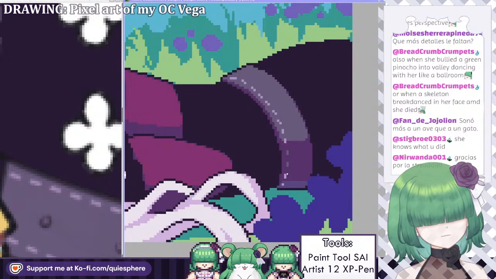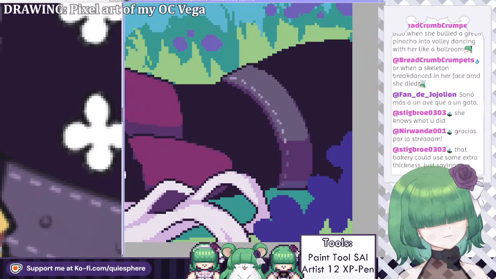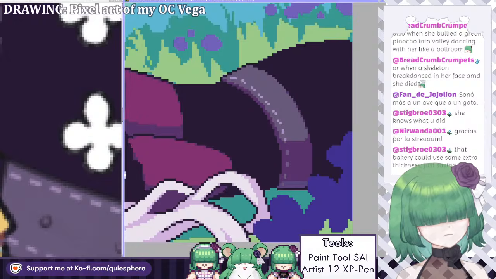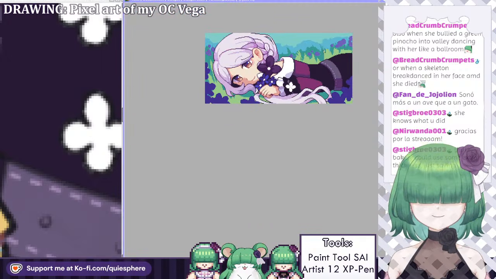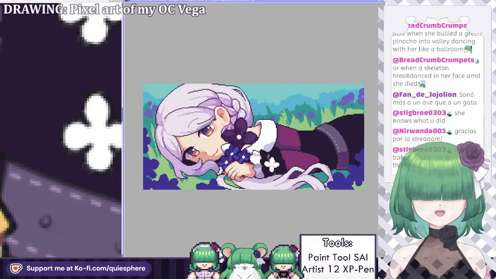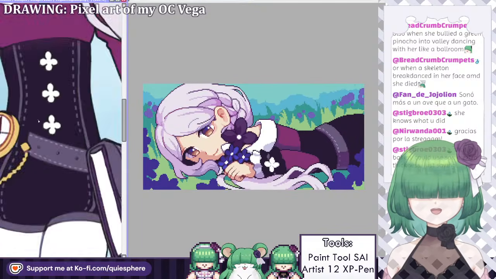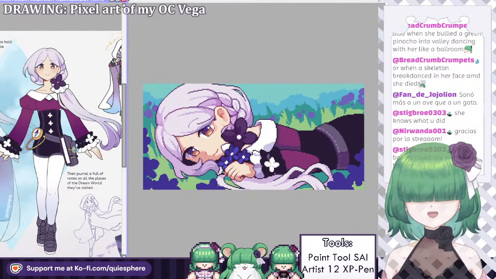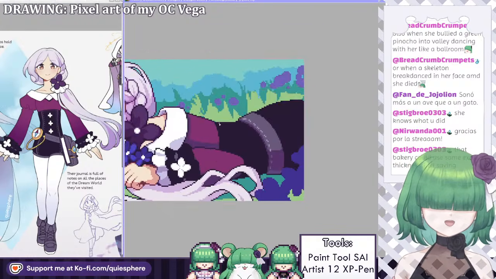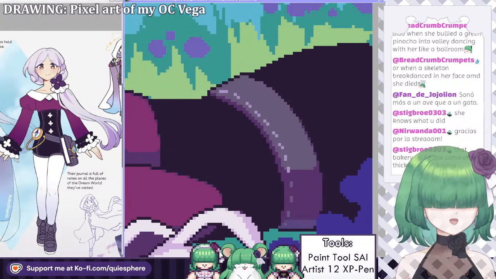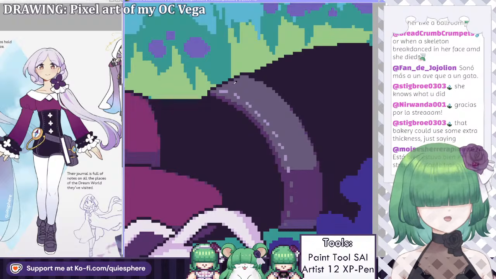Estas podemos hacerlas así. The bakery could use some extra thickness. Nah, she's very flat. She's super flat. She's a stick. There's no thickness in this bakery.